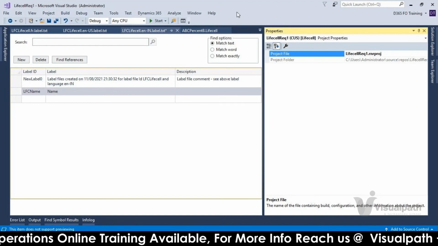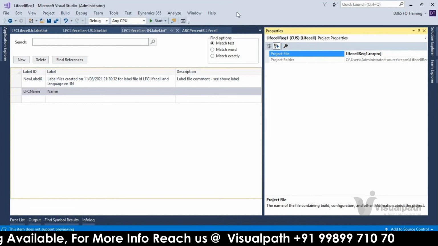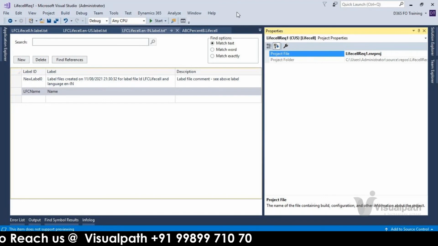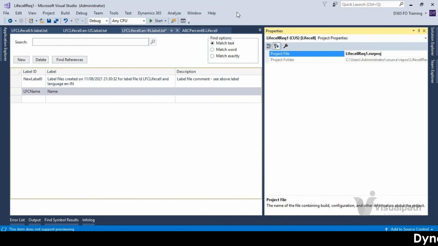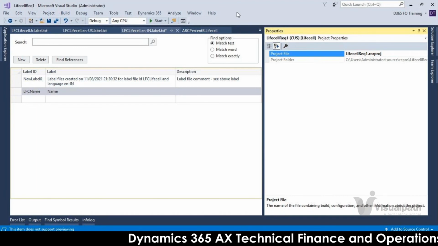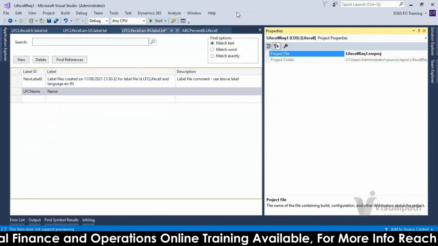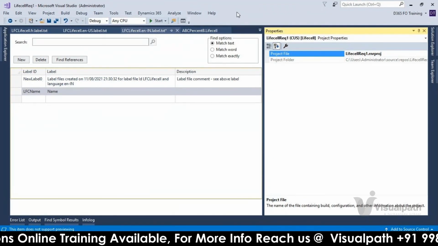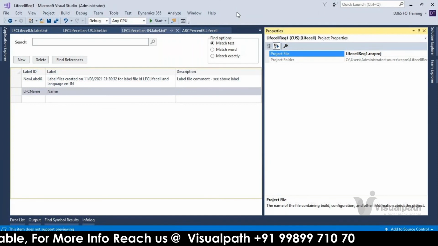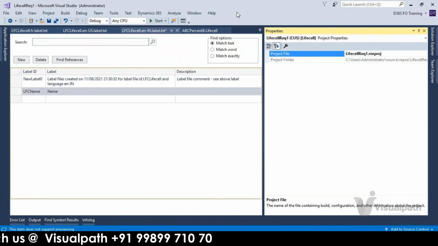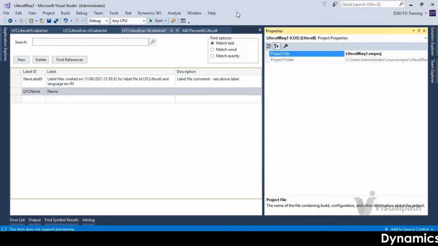Actually, until 8.4 and early stages of 10.4, they also used to give the KB articles. Now what they are doing is, whatever KB articles we have from the last release, you need to package into a single package and apply. Previously we had an option to directly generate a package for a single KB article and apply it, but they have removed that option. You need to take all the KB articles which are currently available and not yet applied to your environment. What Microsoft will give is, for every upgrade they will give the package. That package we simply need to take from the Global Asset Library.